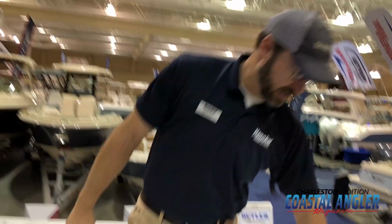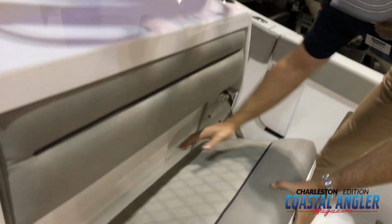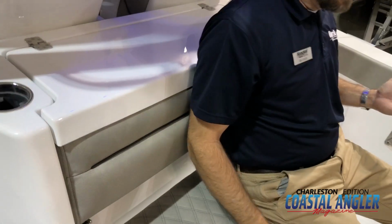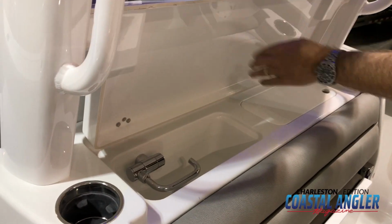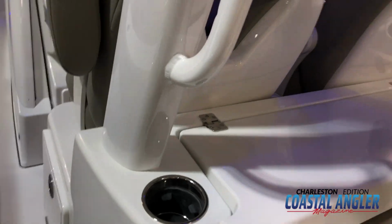From a social aspect, like I said, you do have this seat here. This boat was equipped with a standard rear-facing seat, so I've got a nice area here. Sometimes this ride is a little bit easier on the body than sitting the other way around. But of course, bean bags are always the most comfortable. But I like this. You also have a little sink and bait prep station in the back of the leaning post. As we move up to the helm,